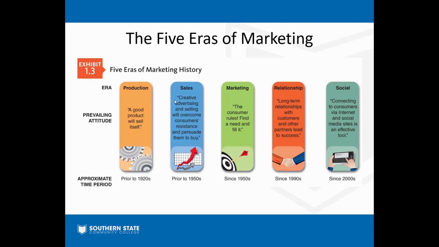Then we transferred into what we would call more of a present-day marketing era, where we're saying, well, instead of just making something and then beating people over the head, you need to buy this product, maybe we should talk to the customer and figure out what they want. Once we understand what they want, then we develop a product to fill it. That moved us into the marketing era. So now the consumer has become king. Let's understand what they want and then give it to them.